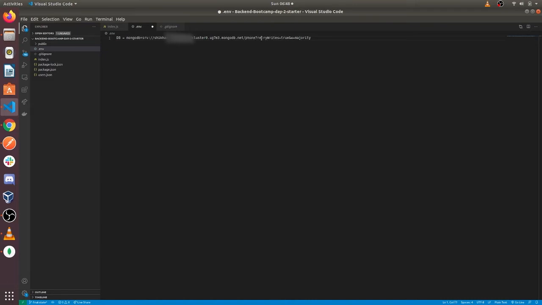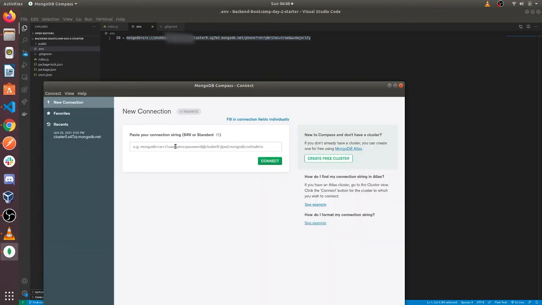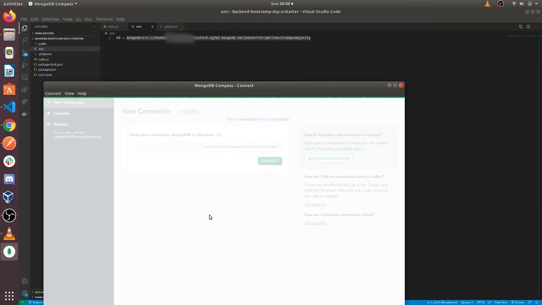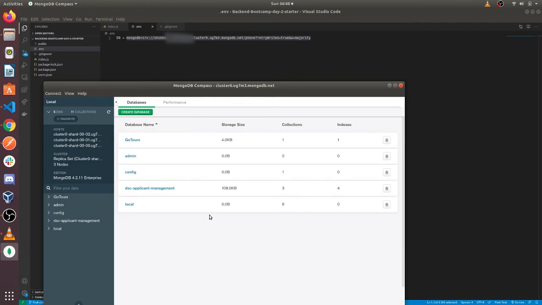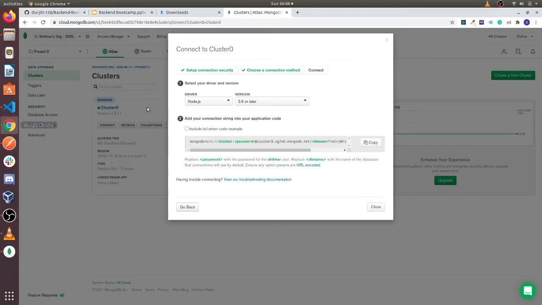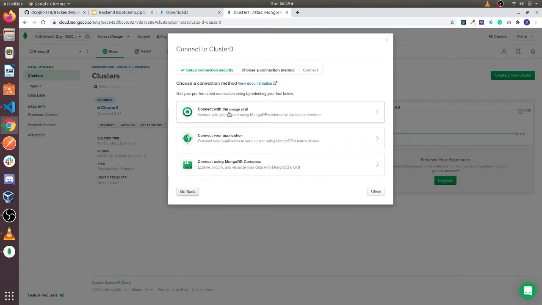Save the file. Just so that we can see this in our Compass as well. By the way, if you don't have Compass, you can just select connect with MongoDB Compass and download it from here.